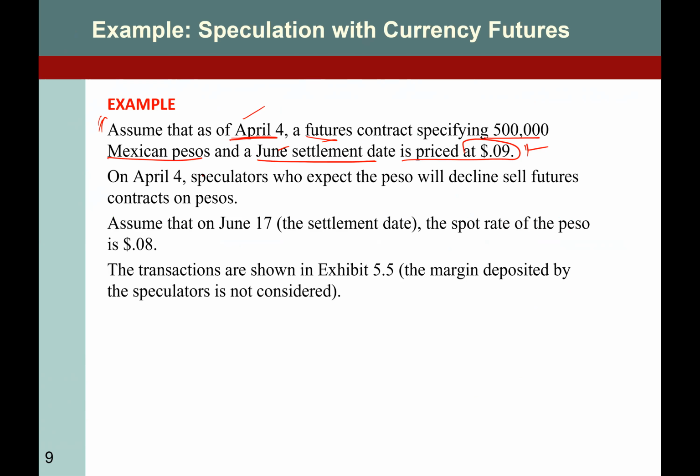So on April 4, speculators who expect the peso will decline sell future contracts on the peso, right? They don't have the future prices, but according to their own analysis, they find out that it will decline in future, right? So that is your own analysis. And when you have your own analysis,